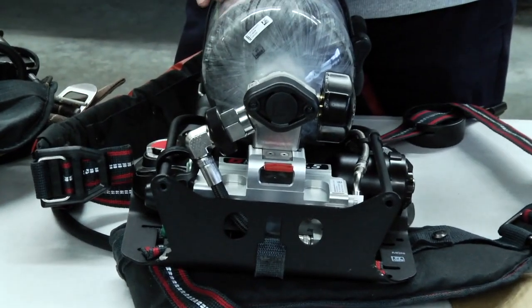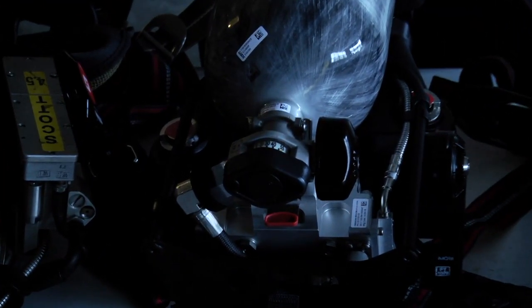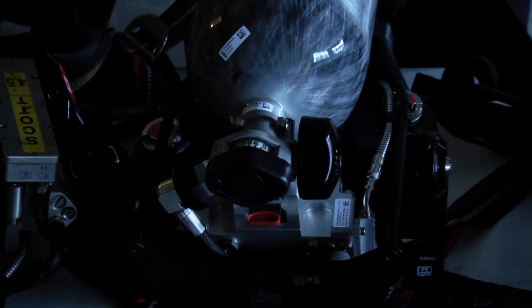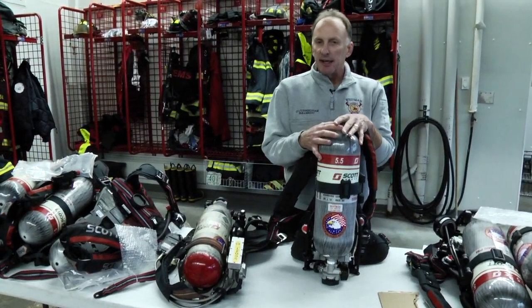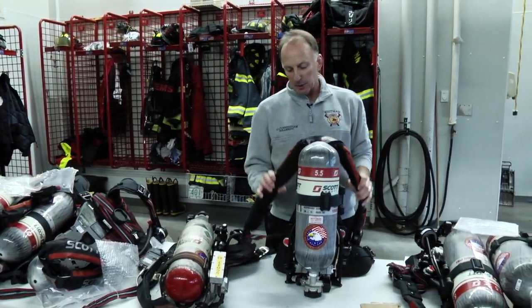So if we're crawling through a building on our hands and knees, we can see a partner in front of us and keep track of them at all times. So another difference in these is weight. This is slightly heavier than our older bottles, but the comfort level makes up for it with the padding and